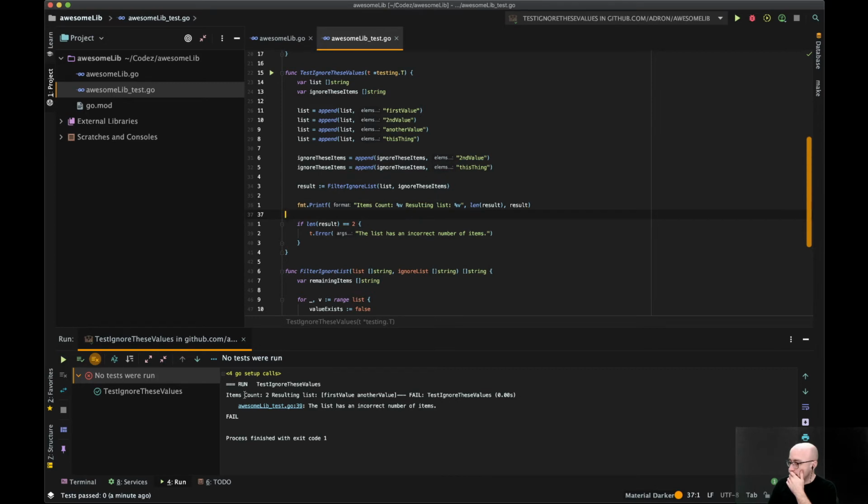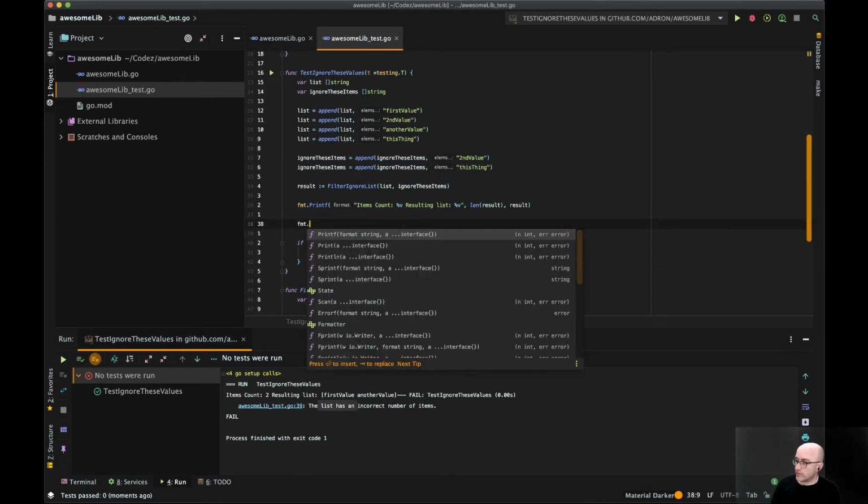Items count 2, resulting list, first value, another value. Well, here's what I could do. Let's make this test this. Let's say result 1 we know will be first value, right? Let's see if that works. Oh, let's do this.